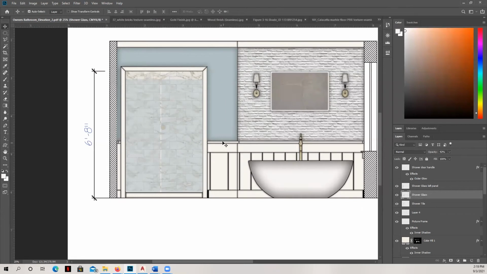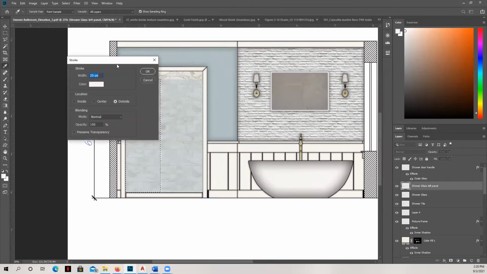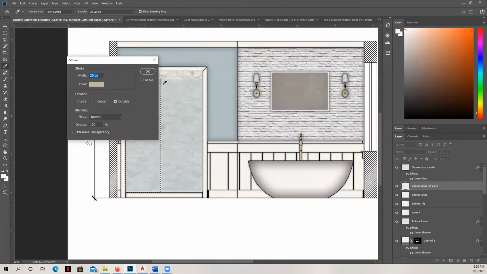Okay, now we have a little bit of that effect there, and we could certainly add a little stroke to it here. Let's do that really fast. Let's go ahead and add gold, just a little bit.